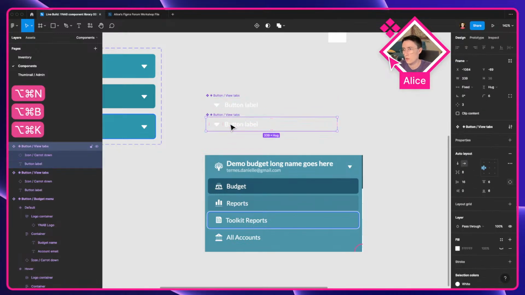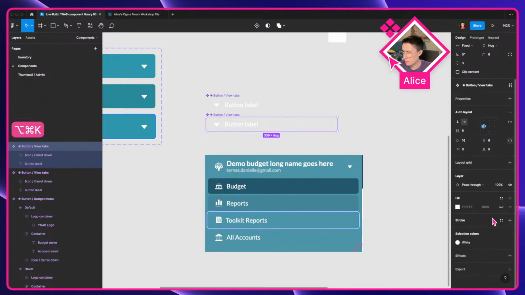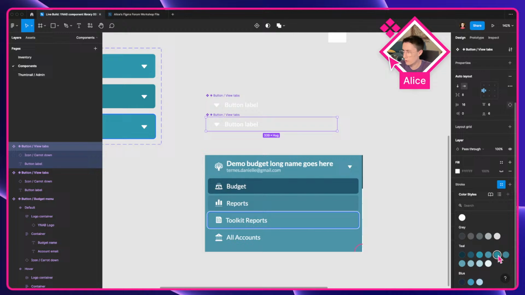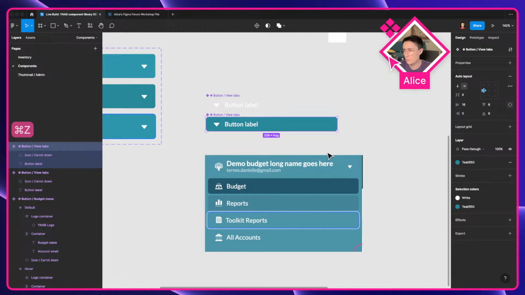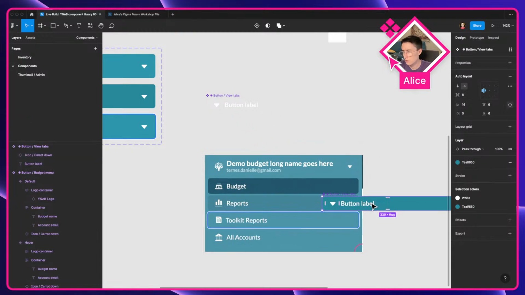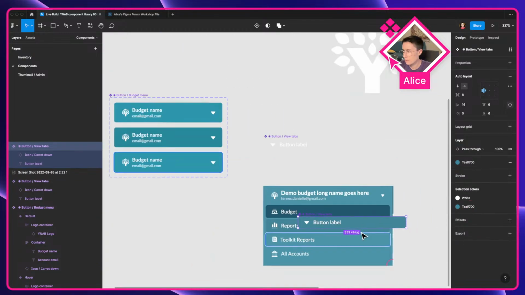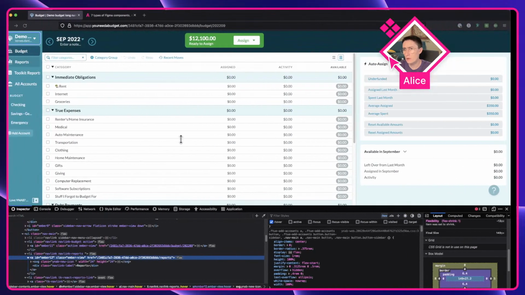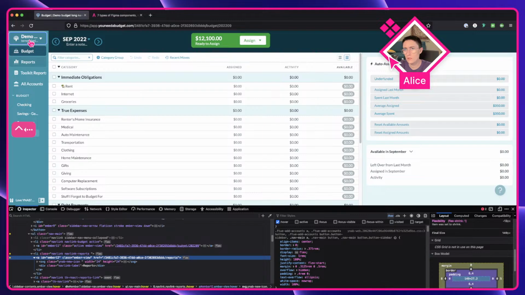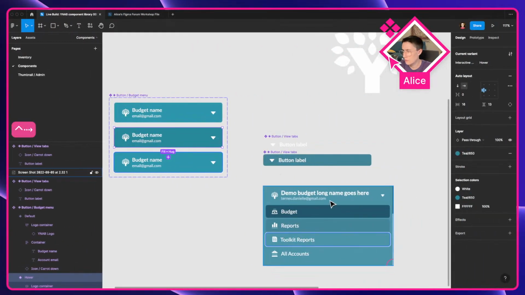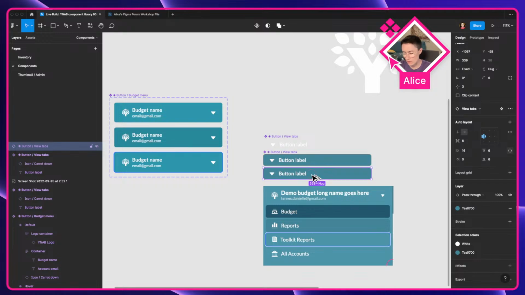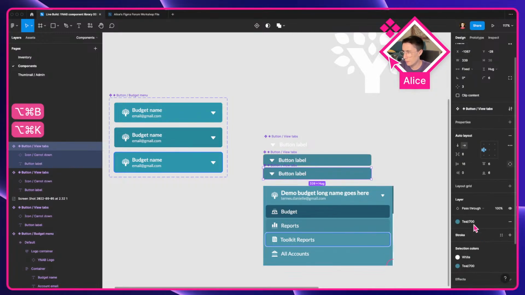Oops. Okay, now we can do hover states and things like that. So we're gonna want, oh, not the stroke, the fill. 650. Correct. No, 700. Is that also the case here? Wow, do those use different hover states? I'm gonna have to examine that again later. And then for our